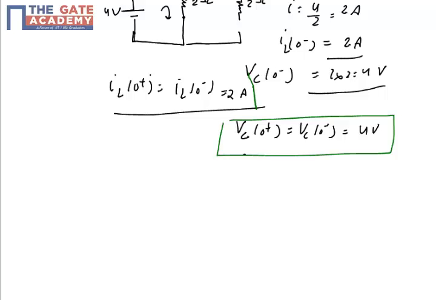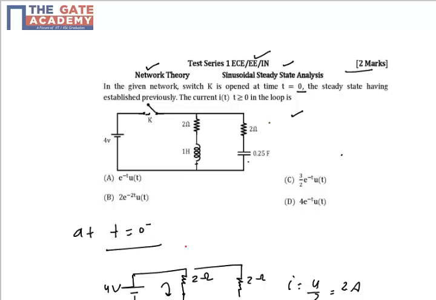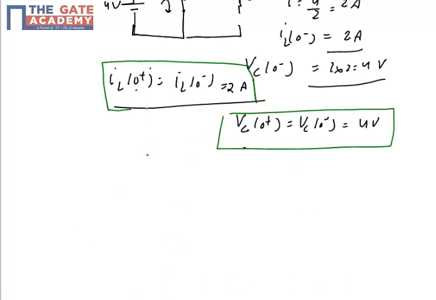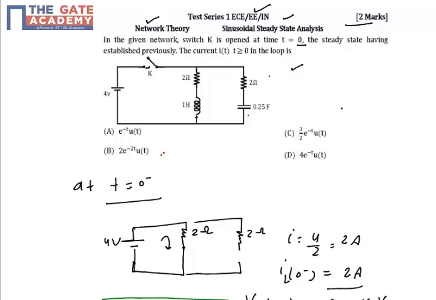In the transient analysis, students, always remember, we always get the initial condition, that is the value of the circuit at 0 plus, from the 0 minus, right? Because the nature of the transient is that my inductor does not allow sudden change of the current and capacitor does not allow sudden change of the voltage. So we use these properties to get the initial condition.